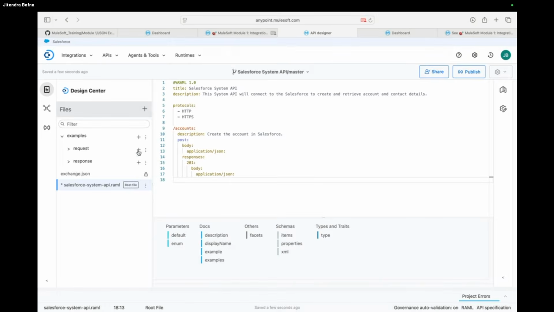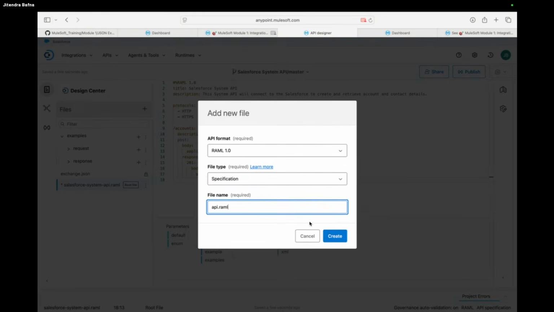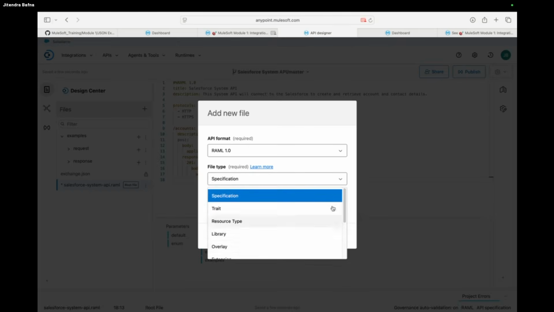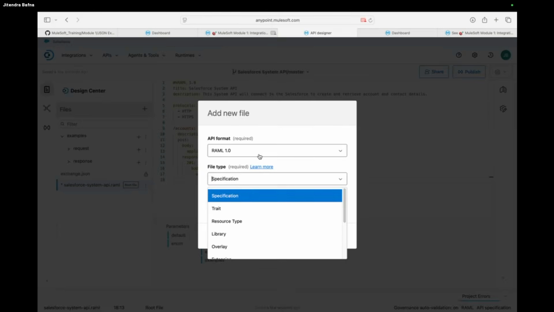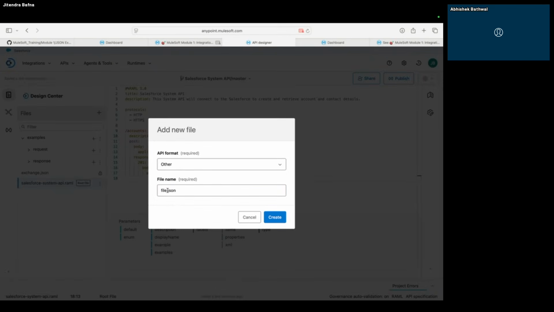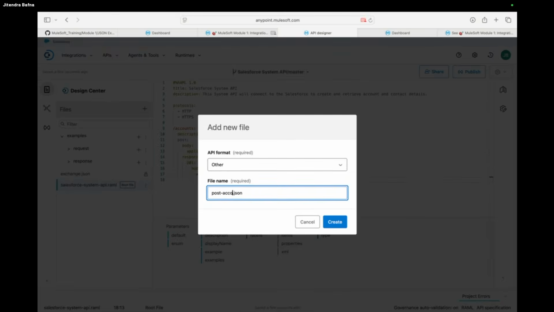Okay, I will say new file, RAML 1.0. No, it's not here, just change it to other. It works here also. Post hyphen account